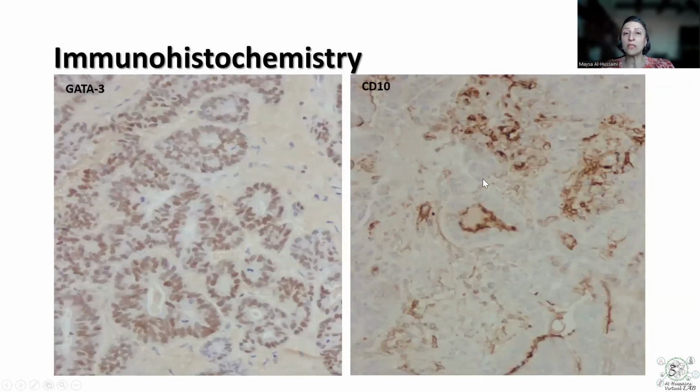A couple of immunohistochemical stains: GATA3, and the tumor cells are positive. The nuclei are positive for GATA3 and CD10. CD10 is really beautifully decorating the luminal aspect of the glands, and both of those stains together, in the presence of negative P53 staining and negative ER and PR staining, would support that this tumor is the newly described entity Mesonephric-like Adenocarcinoma